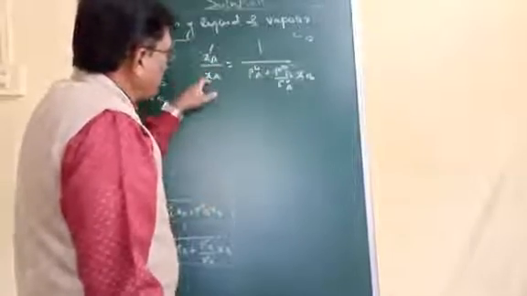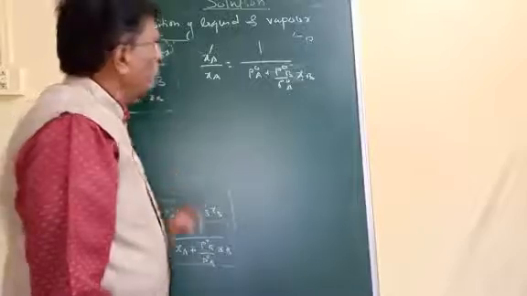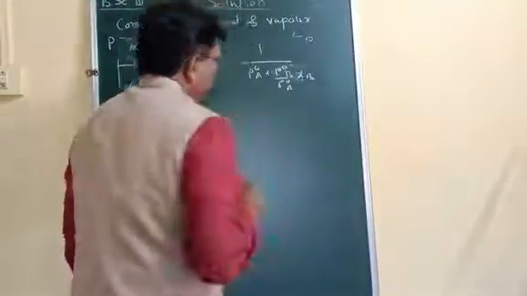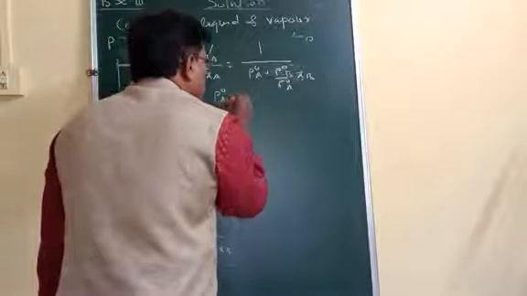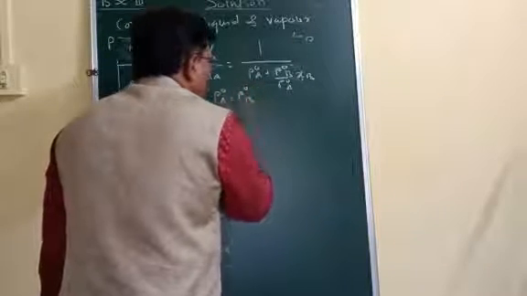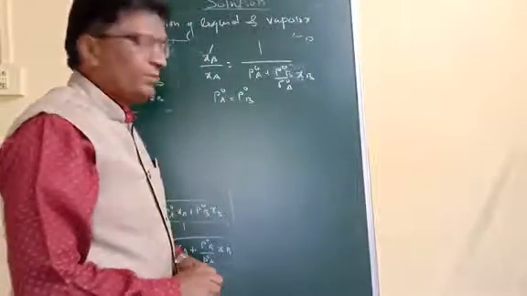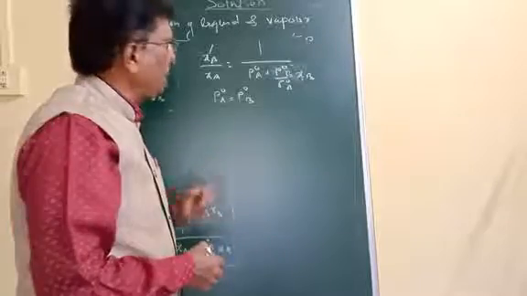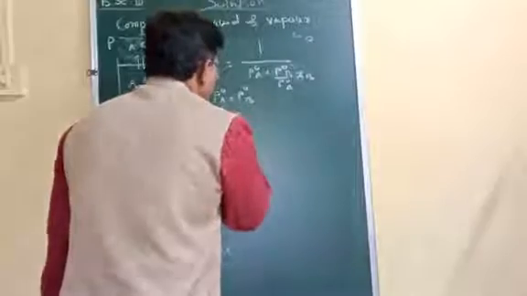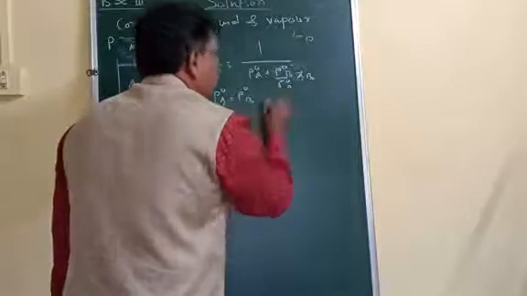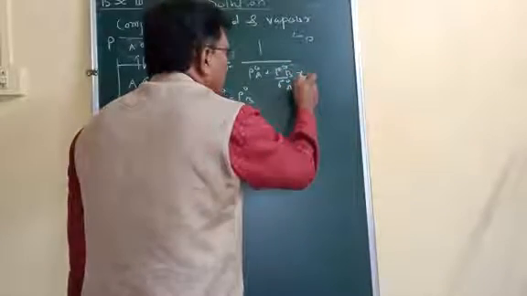Now this is the relative proportion of A in vapor and liquid phase. Now let us check the conditions. Suppose the vapor pressures of A and B components are the same. If the vapor pressure of A and the vapor pressure of B is the same, then what will happen? Let us see. X dash A upon XA is equal to, if we put P0A equal to P0B, this gets cancelled, and therefore